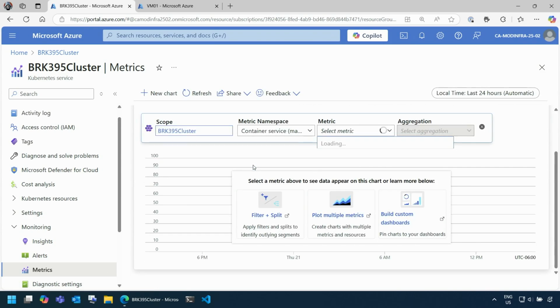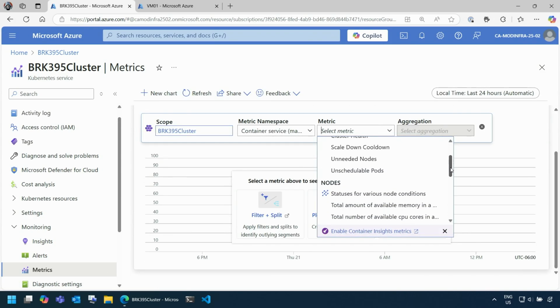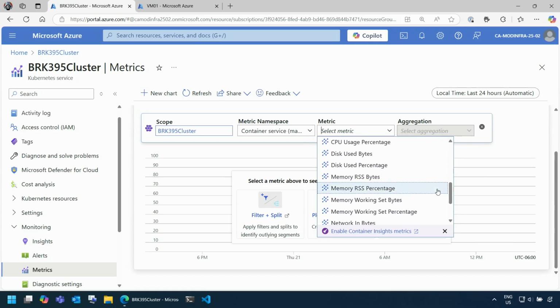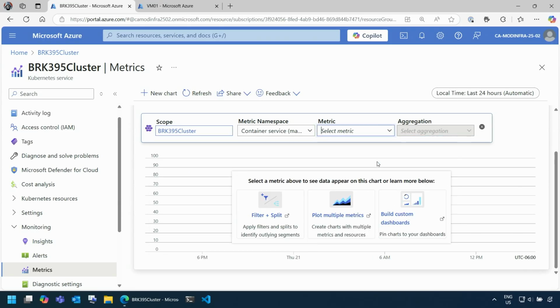I can go to metrics, and just like we saw on the VM, I have my cluster metrics, but I have my node metrics, node preview, CPU, disk, memory usage, network usage, everything that we were doing with the VM, all of those skills that I've accumulated and all of those workflows that I've set up to manage workloads that are working in a clustered scale set or on a single VM or even in a single machine under the desk in your office that is connected.